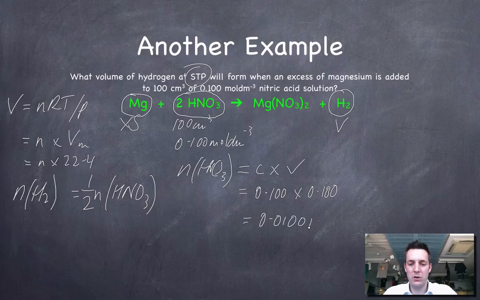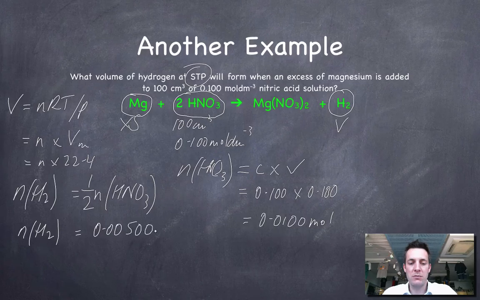0.0100 moles. Why have I given 3 significant figures? Because I've got 3 significant figures in my data. Okay, so I now know the number of moles of nitric acid. The number of moles of hydrogen is half that number, so the number of moles of hydrogen is therefore 0.00500 moles. And now the volume of hydrogen is